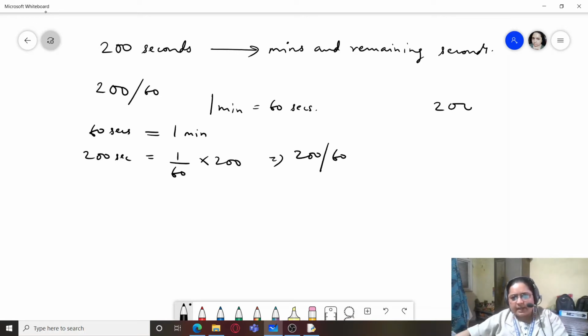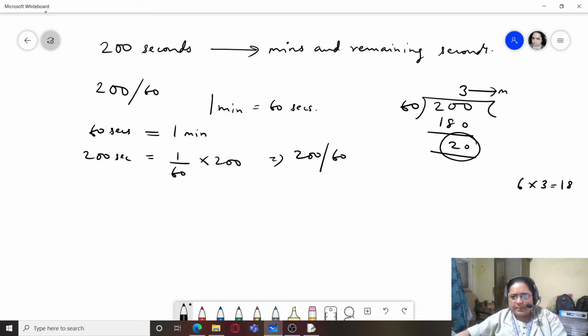So if you divide 200 by 60, 6 multiplied by 3 is 18, so if I write 60 into 3, I get 180, which gives me 20 as the remainder.